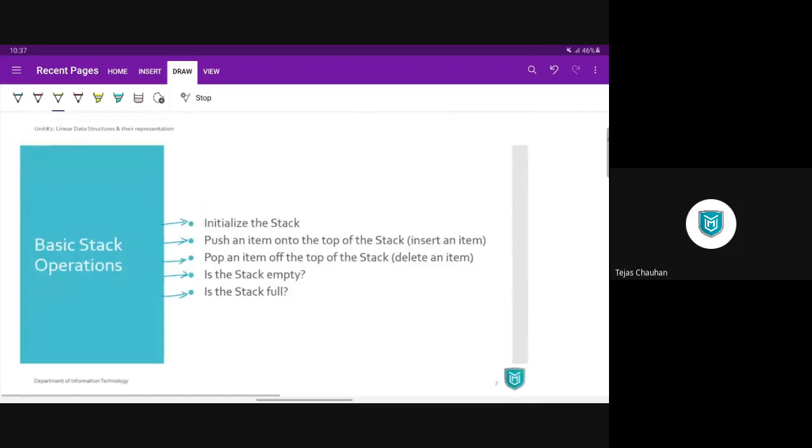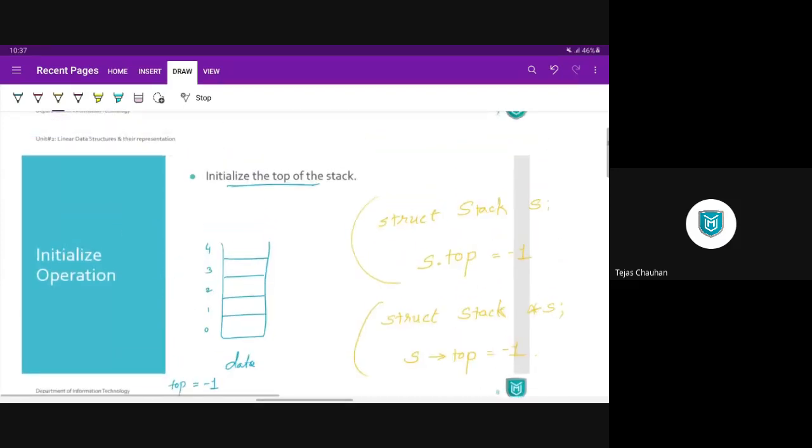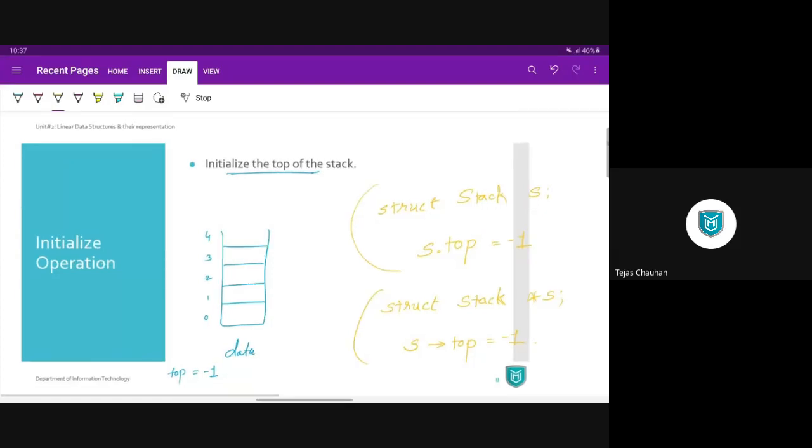Then we started discussing a few operations on this stack. You should initialize your stack, so we need to initialize the top variable pointing to -1, as we have seen, because -1 is not a valid index, and from that we come to know that our stack is empty.